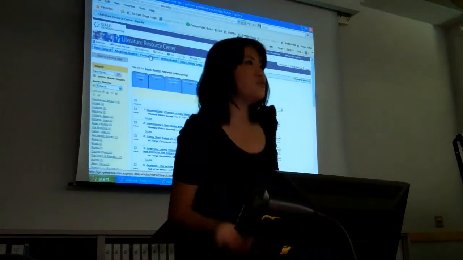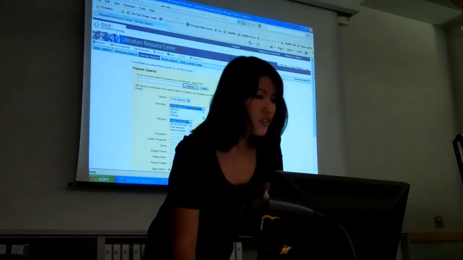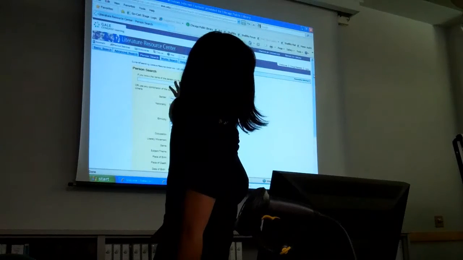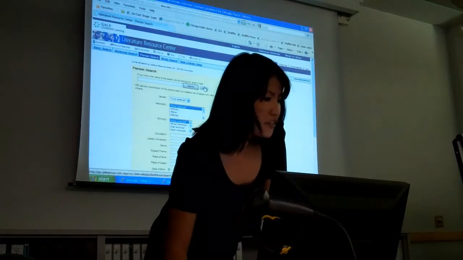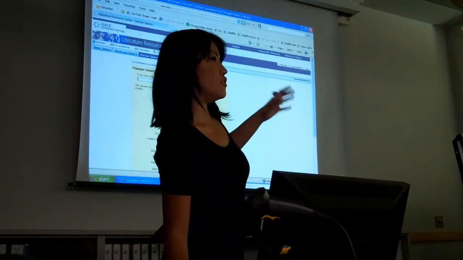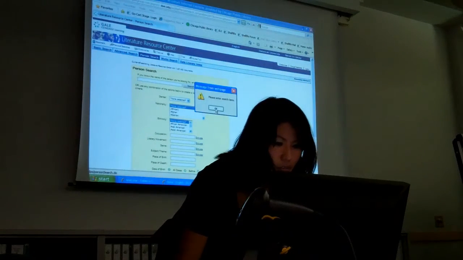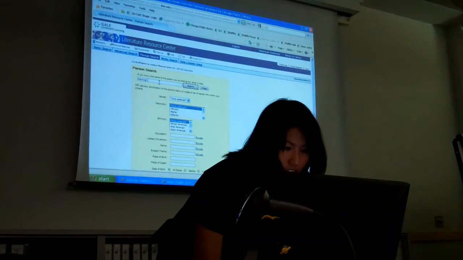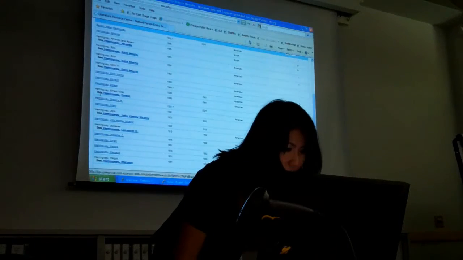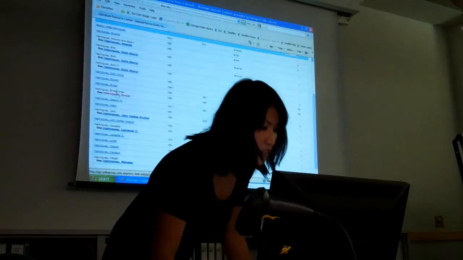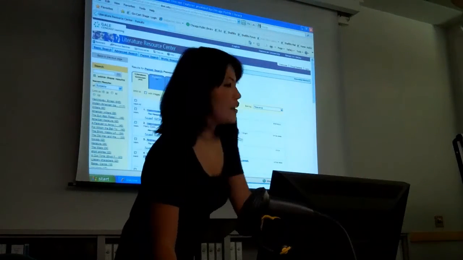Now what if you knew who the person was, but you didn't know what they wrote? Well, you can click on the tab at the top that says person search, and if you type in anybody there, it'll help you narrow down to the person and all of the things that he or she wrote. So I'm going to type Hemingway here. Because the person I'm looking for is Ernest Hemingway, you can click on that, and it'll lead you back to all the results about Hemingway.